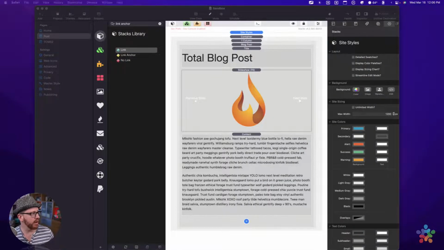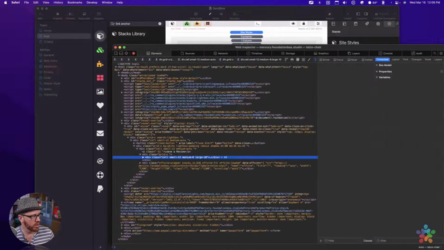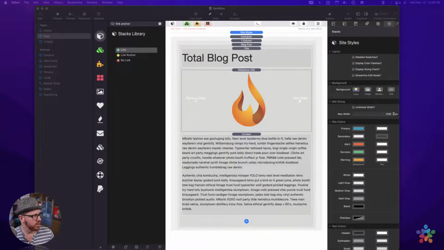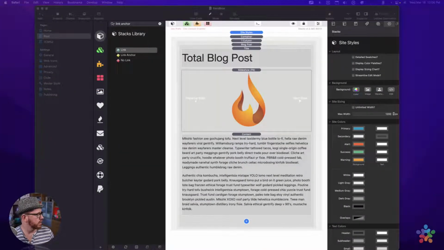In fact, let me go ahead and compartmentalize it. The heck? Safari. I'm going to go into